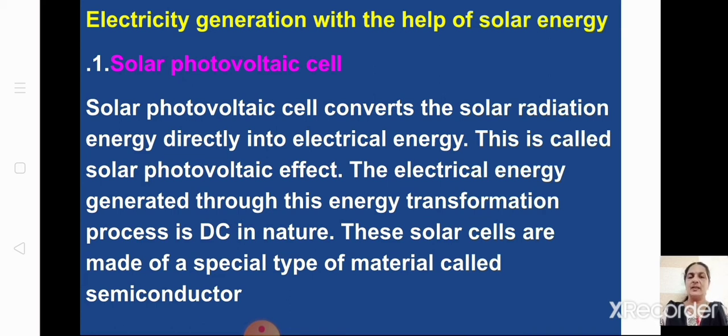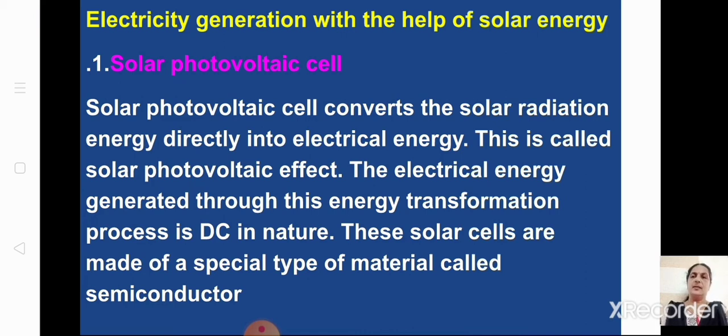This I have explained in the video. Just go through that. That part is not there for the exam, but you should know how they are connected. That is very important, but it is not there for this year. Solar cells are connected in series as well as parallel, and I have explained about array, module, all those. Just listen to that, but that page is not there for the exam, so you can just go through that and leave it. You can just understand how the photovoltaic cell functions, and we get electric energy.